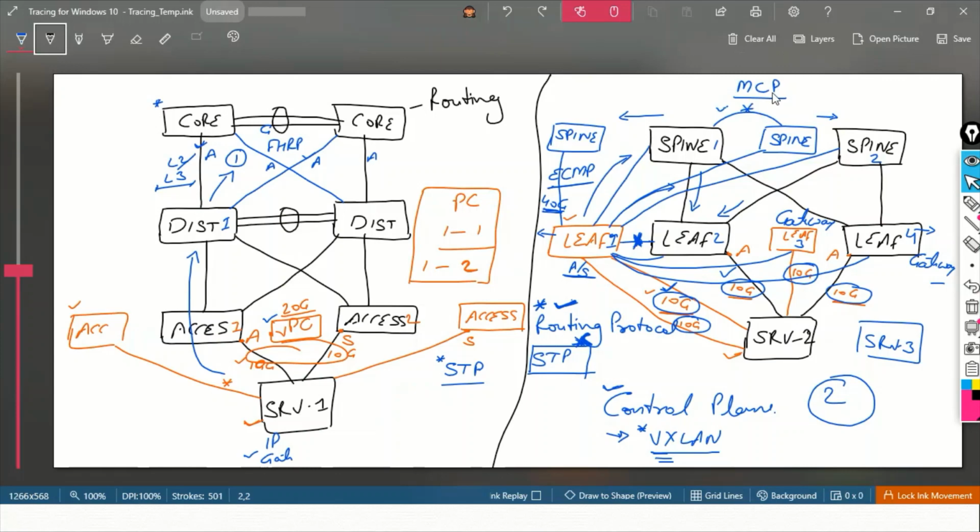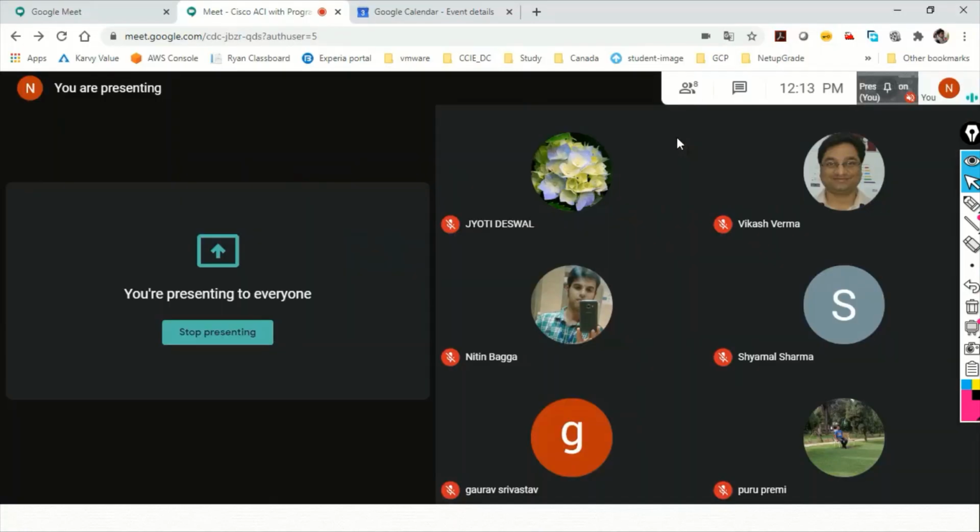This MCP protocol is on by default, it's enabled. If you connect spine 1 and spine 2, then MCP will kick in and get this port disabled. So that is the main reason for not connecting two switches of the same kind together.